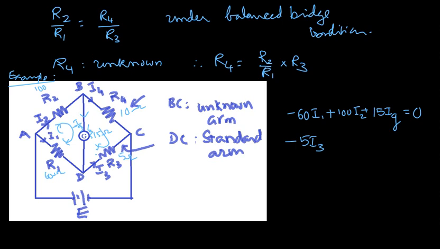At junction B, I1 is the current entering. That is equal to I4 plus Ig. So what does this give? Because here we are considering Ig. And at this junction